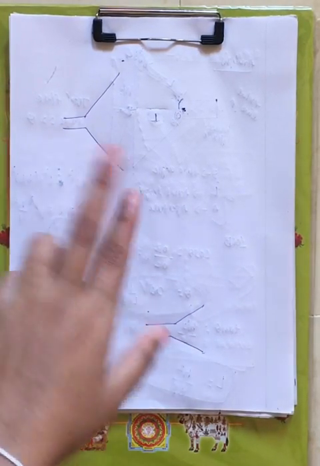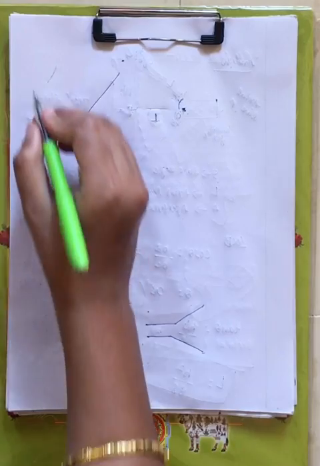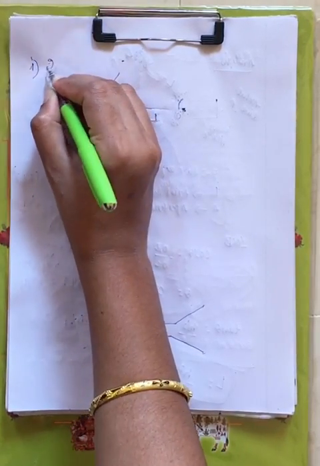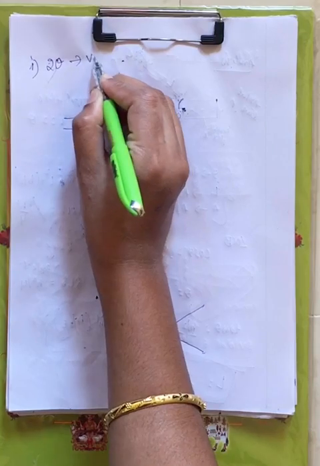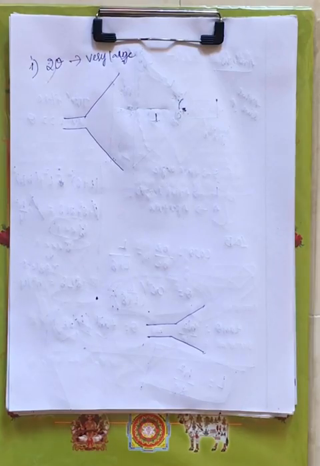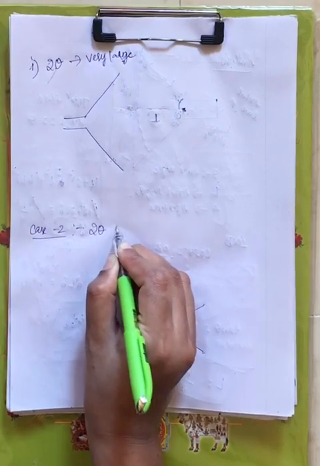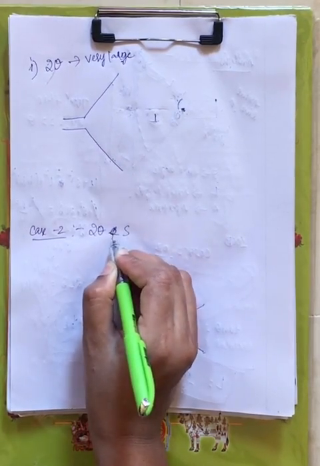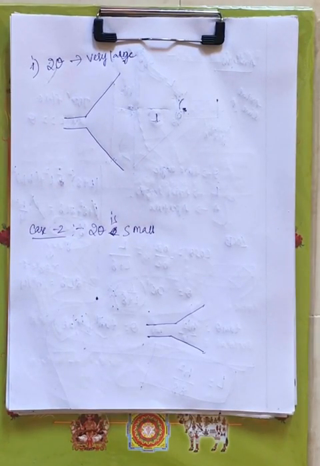Now you know what flaring angle is, we have seen it under analysis. Consider case 1 where the total flaring angle will be theta. For a horn antenna, total flaring angle will be theta. Now consider case 1 where the flaring angle is very large, and consider case 2 where the total flaring angle is small. Let us see what happens if the flaring angle is large and if it is small.